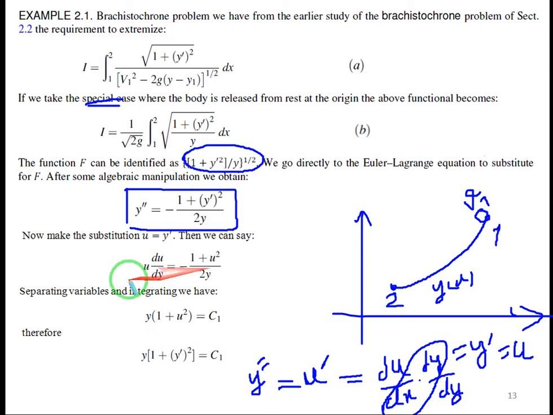It can be easily done. You can do it by yourself. y multiplied by 1 plus u squared is equal to C1, and we then rewrite u as y dash, and then we have